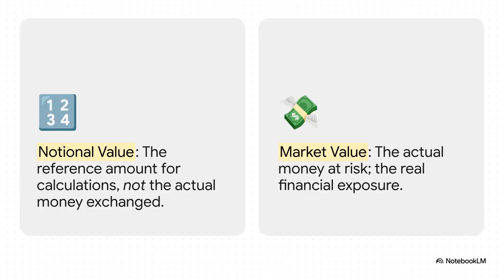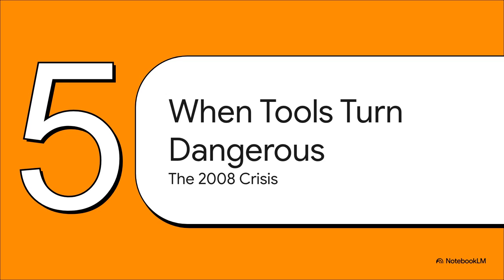But okay, here's a super important distinction we have to make. That $700 trillion figure, that's what's called the notional value. Think of it as a reference number. It's the face value of the contracts, but it's not the actual amount of money at risk. The real cash on the line, what we call the market value, is a lot less, closer to $19 trillion. Now, don't get me wrong, that is still an absolutely massive, enormous number, and that's the figure that represents the real financial exposure.